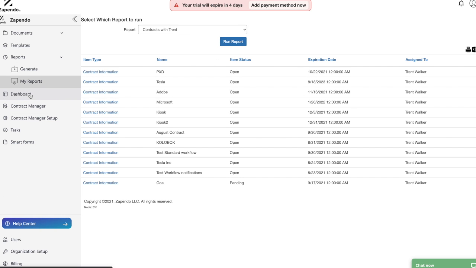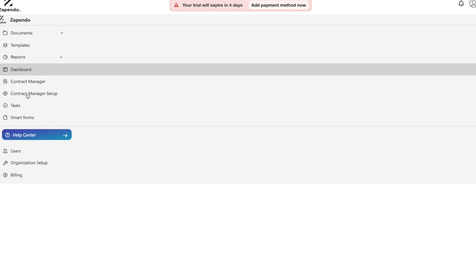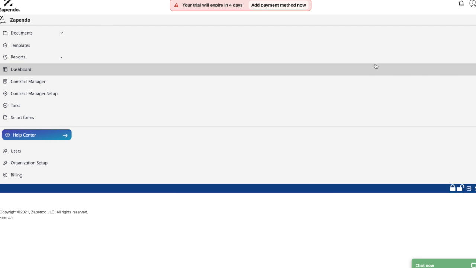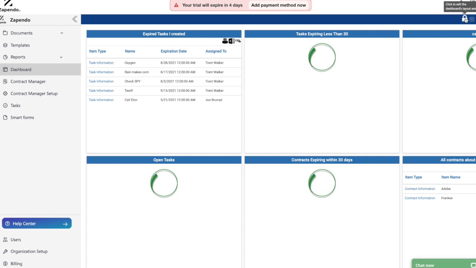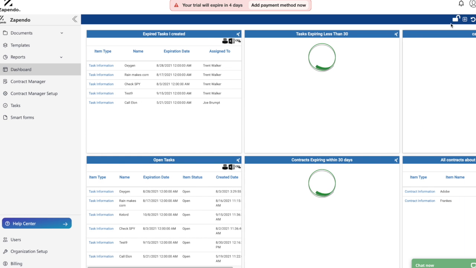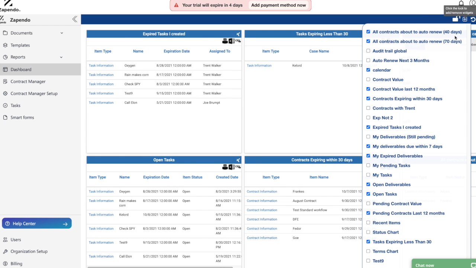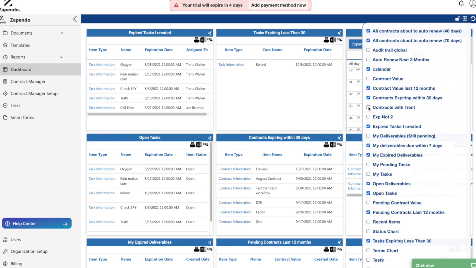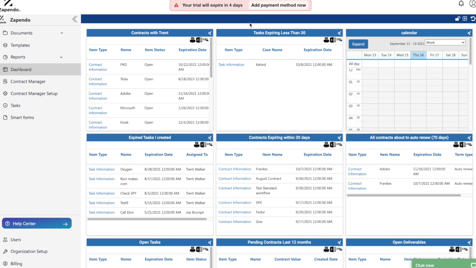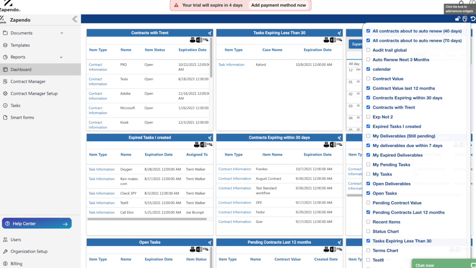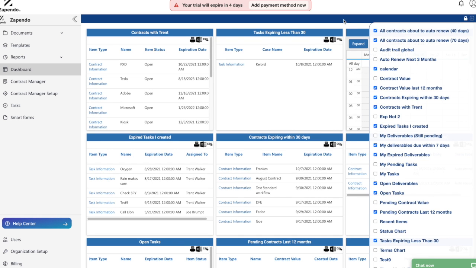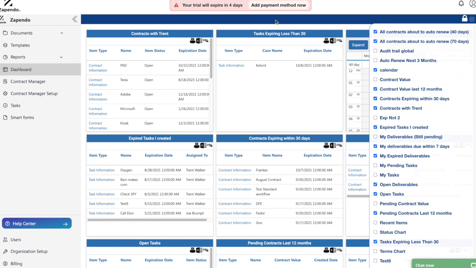Now in order to access it in the dashboard, click on the dashboard, and on the top right corner, you'll just have to click on the lock, which will allow you to unlock it, and then in the menu, just find the option with contracts with Trent. This will now appear in this little table and will be saved to your dashboard. Don't forget to click on the lock one more time to save it. And this sums up the custom reports, how you can generate them, save them to My Reports or the